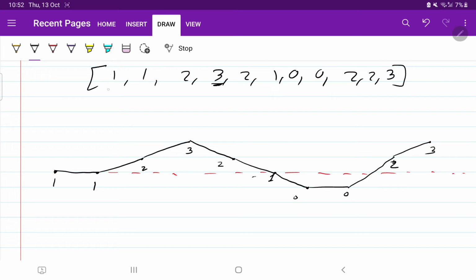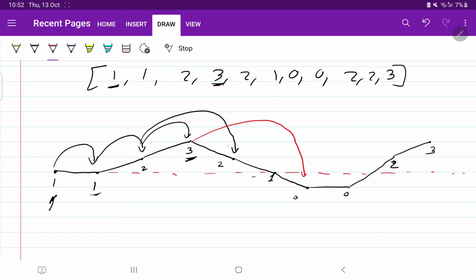Now what we are going to see, first of all we are at position 1. From here we can make a jump of height 1, so we can reach here. It is reachable. Okay, from this one we can make a jump of height 1, so we can jump here. Now from 2 we can make a jump of maximum height 2, so either we can reach this point or we can reach this point. Correct? Now from this 3 we can make a jump of maximum height 3, so either you can reach this point or this point or this point. Okay, you can make a jump like this.